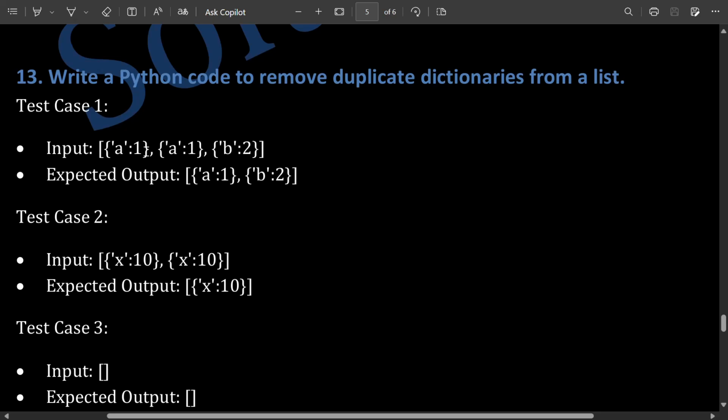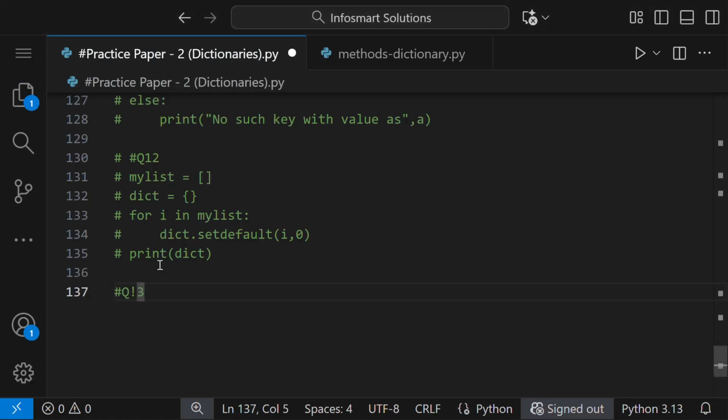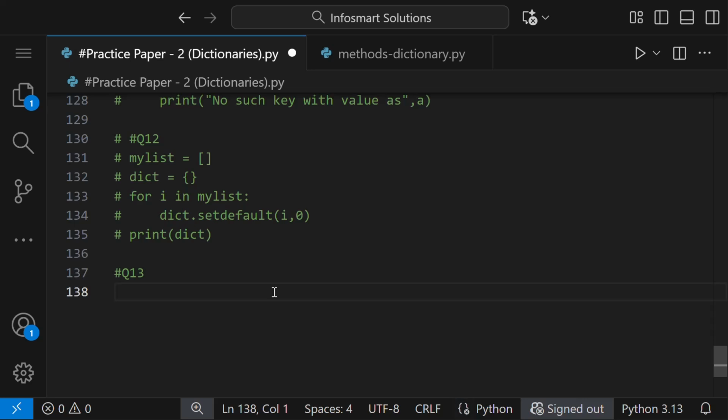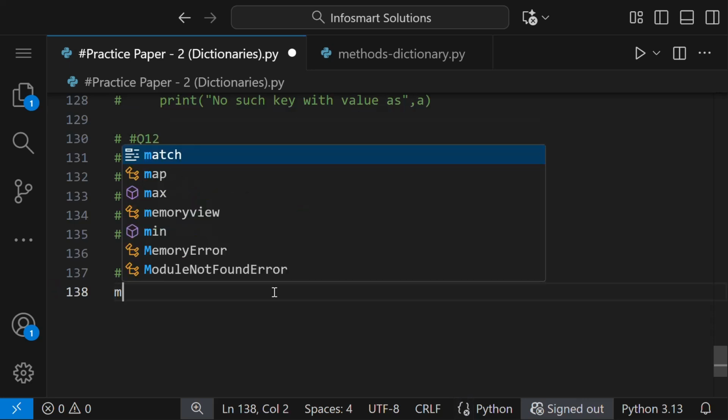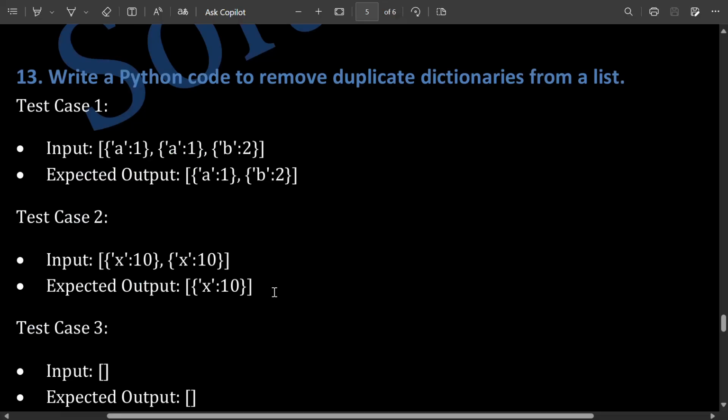So it's similar to the question we did in part 1 of practice paper 2, to remove duplicate elements from the list. So it's similar to that. So let us begin. So our list is this one,